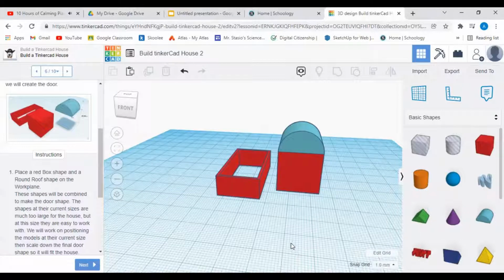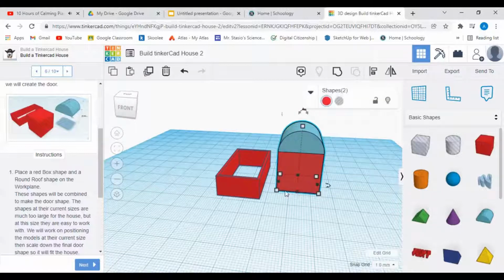The next step, I want to combine both of them. I want to group them to have one object. To group them, I can select both of them together. Make sure that you're not selecting anything else but these two parts. And then we will go to group. You will notice that the color of the door or of this object changed to one color because it's one